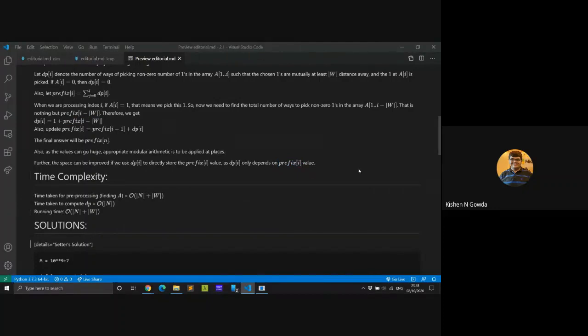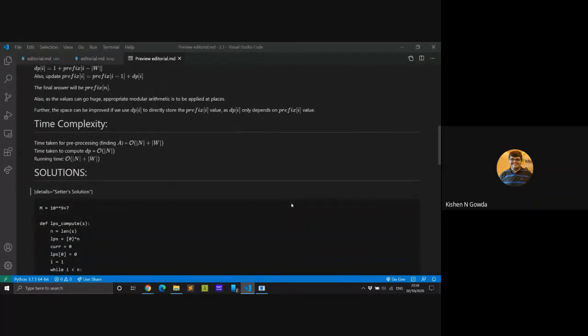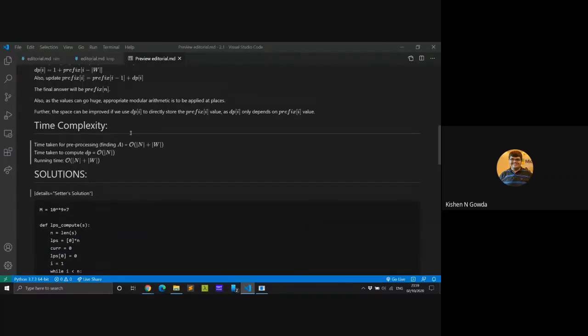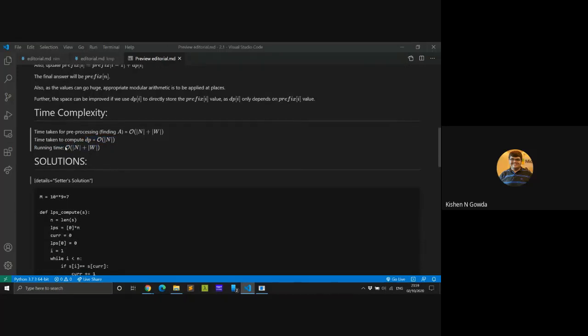It's nothing much, but I'm basically going to do that in the code. That's why I'm telling you this. So the time complexity: for pre-processing, if mod n is the size of the string n and mod w is the size of string w, then either KMP or Z algorithm or Rabin-Karp algorithm, or there are so many algorithms to do this, all of them will take order mod n plus mod w. For finding all the occurrences and computing this dp value takes order mod n. So basically the overall running time is just order mod n plus mod w.